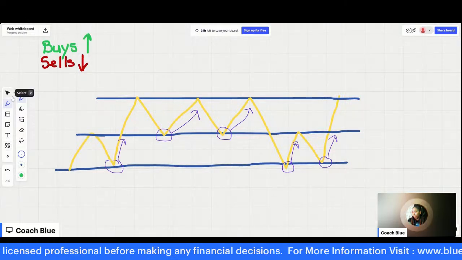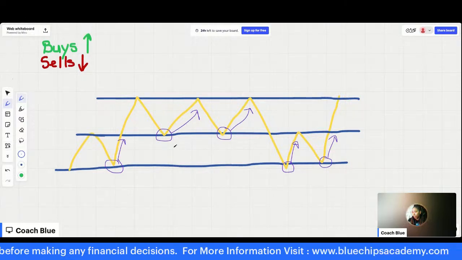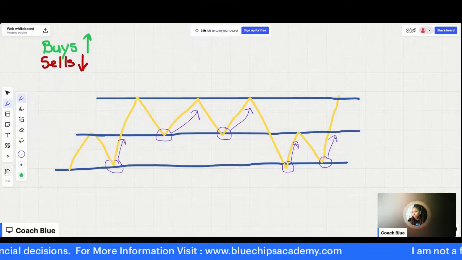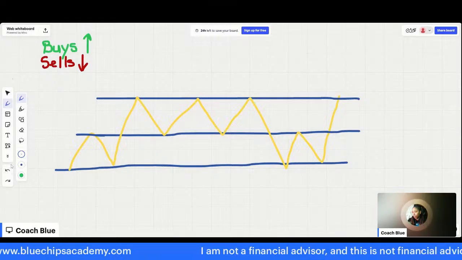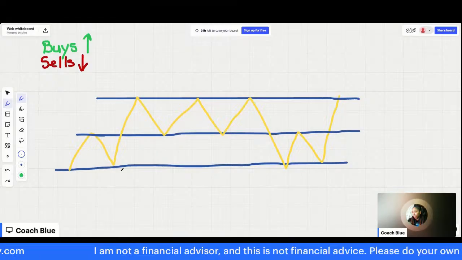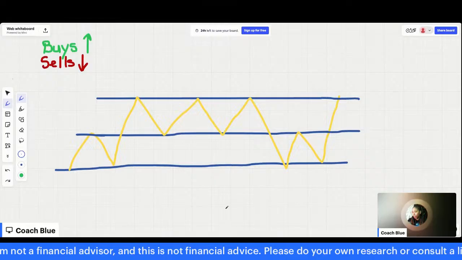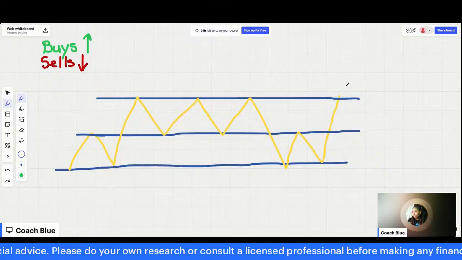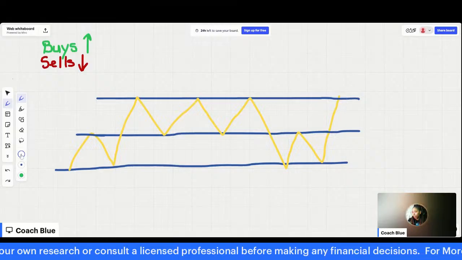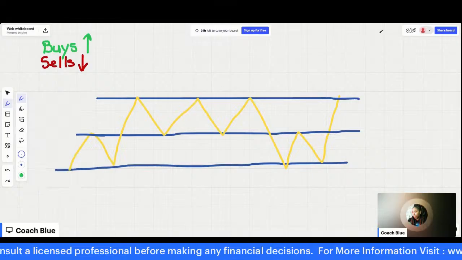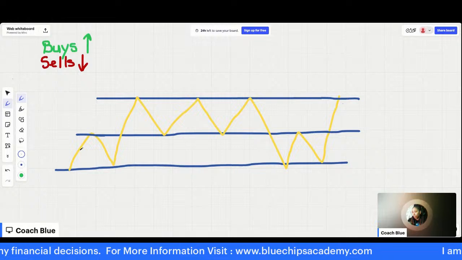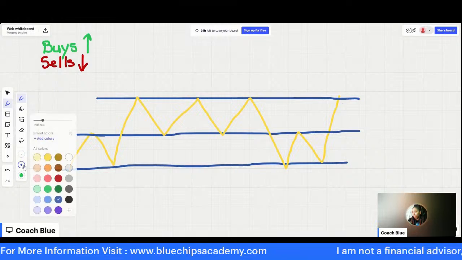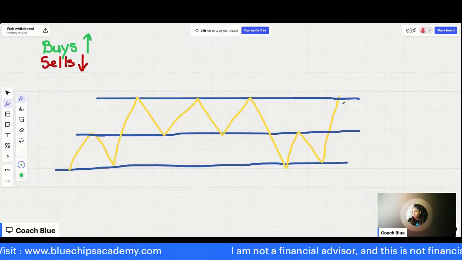Okay. So now that we've identified that, let's talk about the BPC. So with the BPC, what we're looking for, because we already know that market does not move sideways the entire time. At some point, it has to break out. But how do we identify a clear breakout? So let's just say that this is current price. Okay. So we look for 3 moves. Okay. Our breakout. Let me use a bigger pen. Hold on. Let's see.